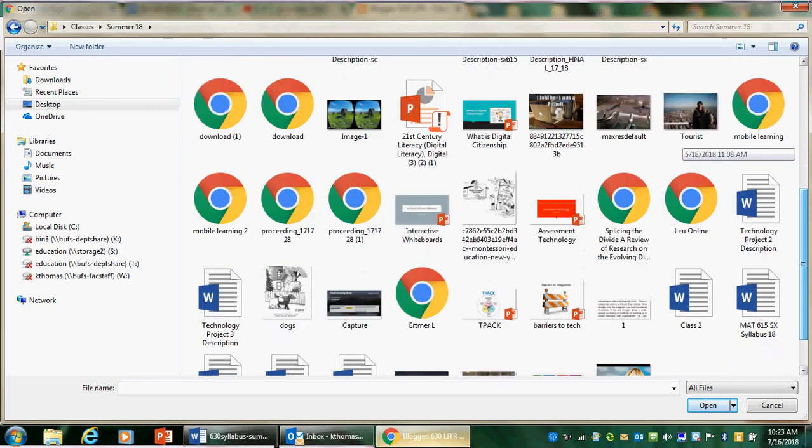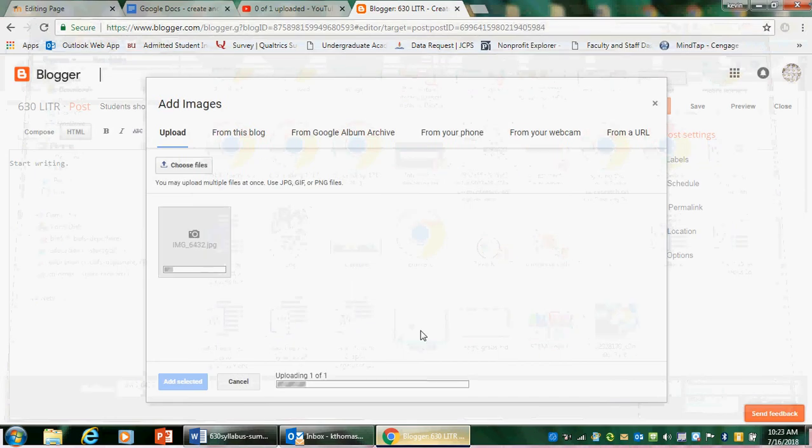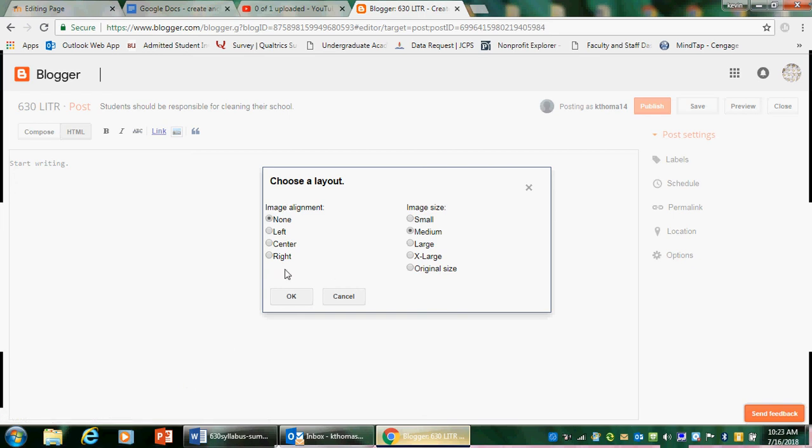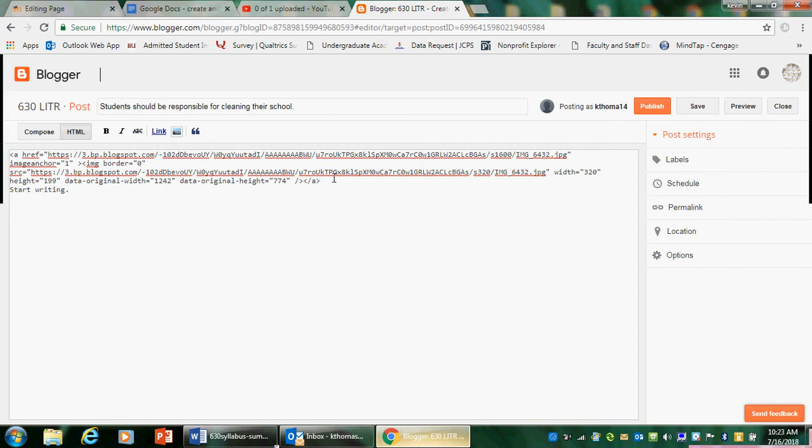And so the picture I selected is this funny picture about people in the sinking ship, and they all have their phones out. I can click align it, make it small, medium, hit OK, and it puts it in there. Now it puts it in there as code,